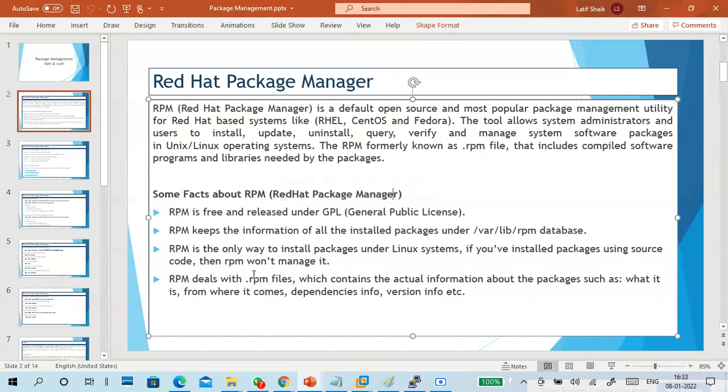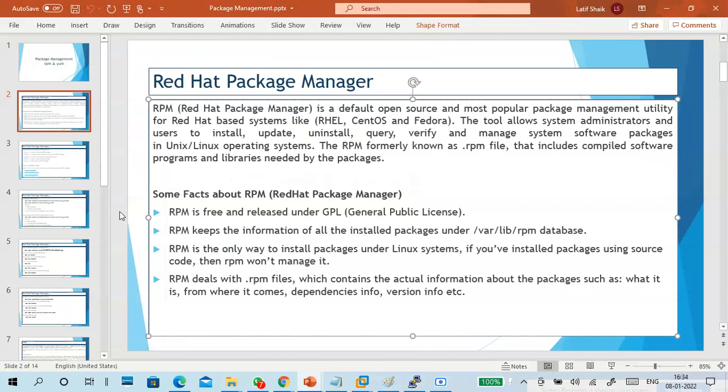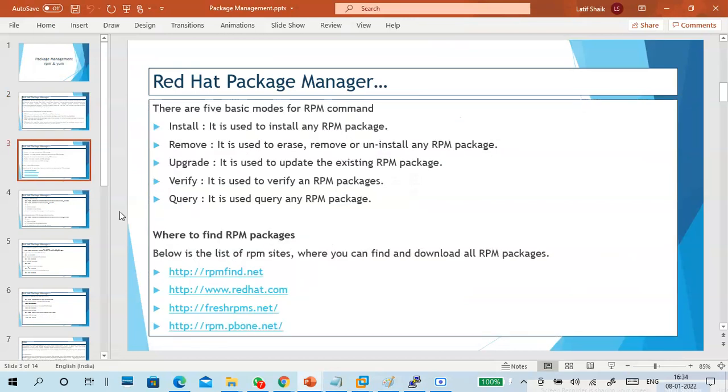It comes with your operating system usually. Next, how to install, remove, upgrade, verify, query. These are the commands that are there, guys.